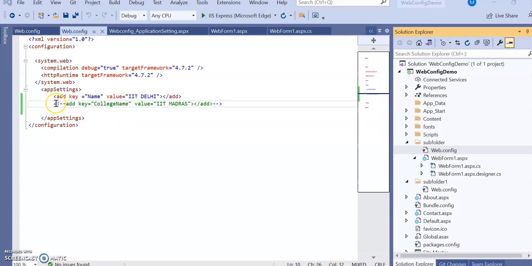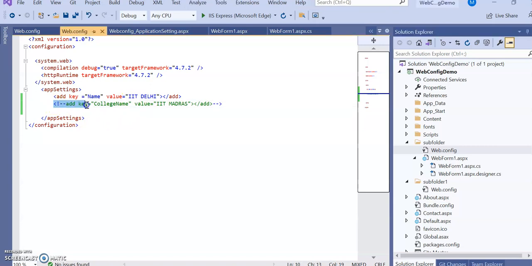The second one has been commented, so it will not work and will not get parsed. How to comment it? Exclamation mark, then two dashes, and end with two dashes and the end of the tag. In this way you can comment this code so that it will not get parsed. Right now it has only name and IIT Delhi.